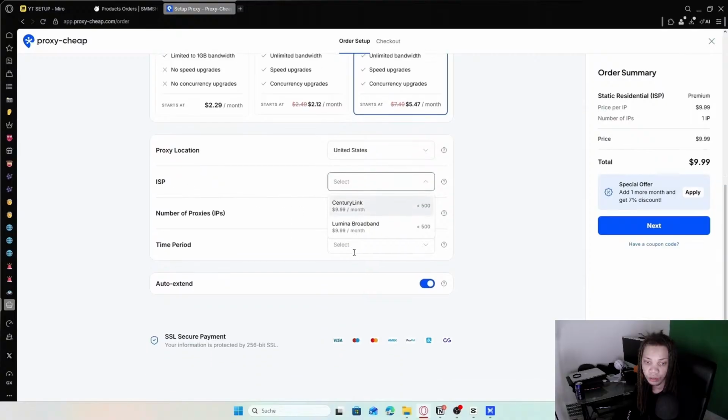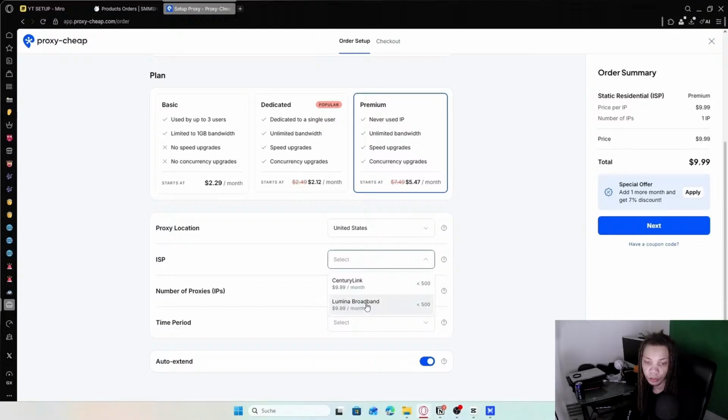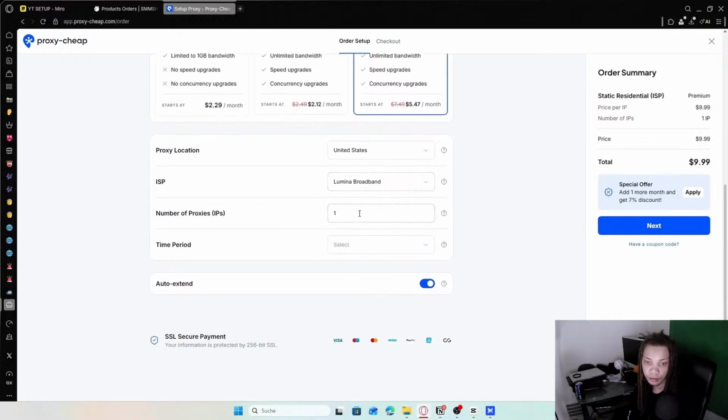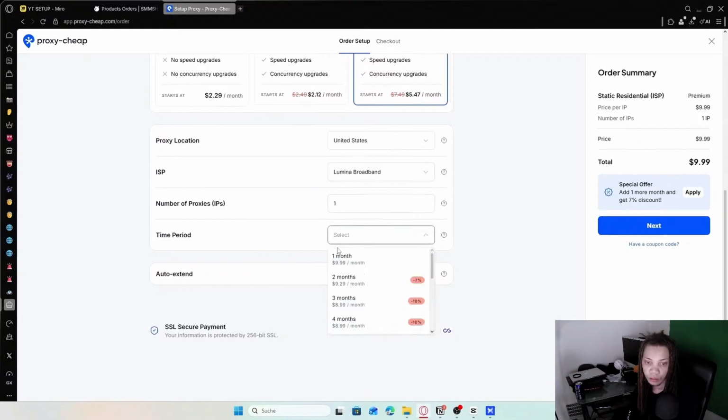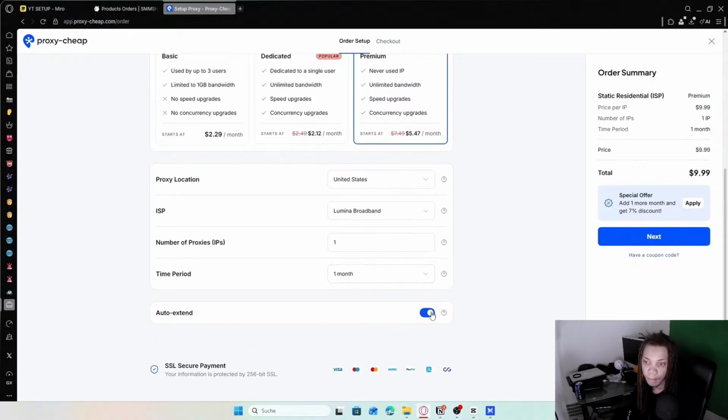ISP. This is not really that important. Centurylink is cool. Broadband works the best, so choose that one. Broadband, the number of IPs, obviously just one, if you want to buy just one. Then select the time period. 1 month. I like to do 1 month, and then auto extend on. So the IP will auto extend once it has run out. And you can see this will cost us $10. So now press on next,